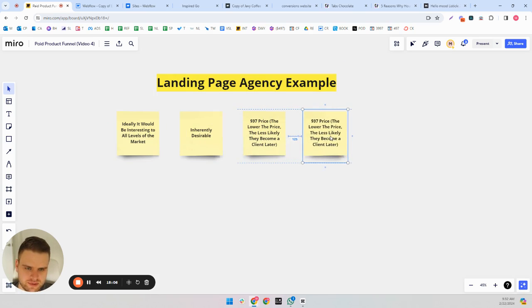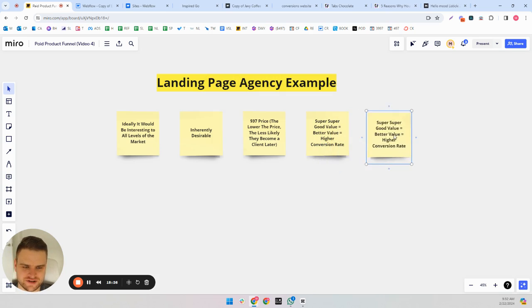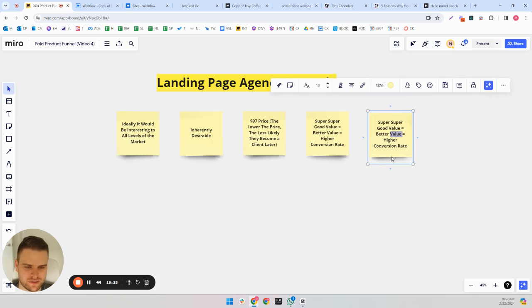So it should be super, super good value. Better value equals higher conversion rate. It's not unlike anything in life, where if you're offering them an offer they can't refuse, so to speak, it's going to make it more effective. It's not unique to digital products. It's just everything. And the final one is going to be,